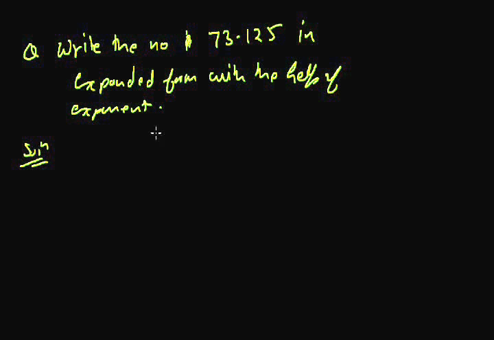Now here we have to represent this number in expanded form, and we have to write this expanded form with the help of exponents. So 73.125 can be written as 70, which we write as 7 into 10, because 7 is in the tens place, so we multiply by 10, and 3 is in the unit place,